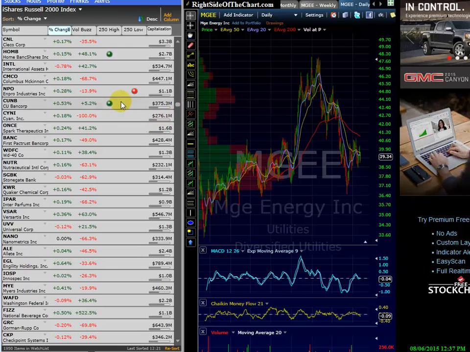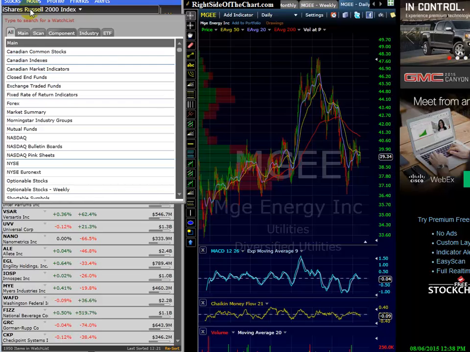Okay, so once you get your account set up at freestockcharts.com, I believe you can go ahead and do this without even creating an account. The only problem is once you exit the screen, your settings won't be saved. If you create the account, you can then save this, replicate this format that I'm talking about. So how to do this? You go on the screen here and you click